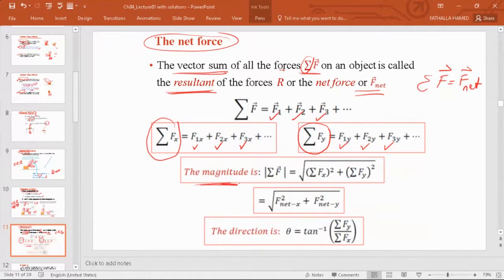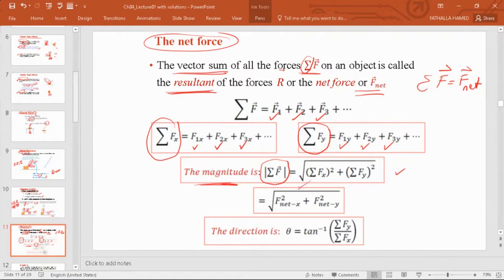Now, if you want to get the magnitude, which is always the absolute value of the force, and in this case, it's the absolute value of the net force, it will be the square root. And usually when you take a square root, you always have a plus or minus, but magnitude is always positive, and that's why we don't include that. We only take the positive root. So it will be the x component squared plus the y component squared, and that will give you the magnitude of the force,